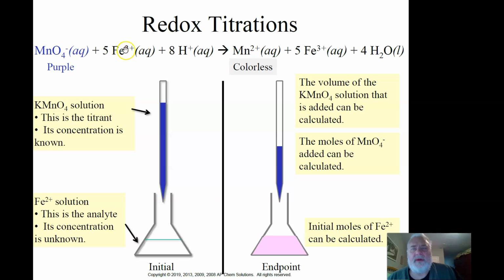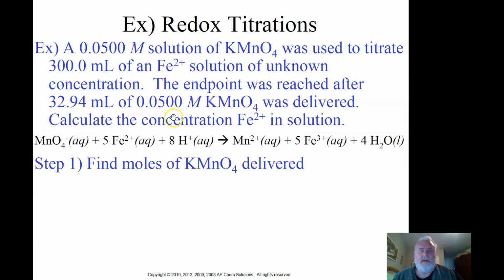So what happens is you can run out of one of these. So this is the key, is this +2. We don't know what the concentration of that is, but we know it's like in a 5-to-1 ratio, molar wise. We do know the exact concentration of the KMnO4. That's very easy for me to figure out, and I'll weigh that out for you. So we'll just read through this problem, and then you can read through the example problems. And like I said, this is more of a lab type of activity where you actually get